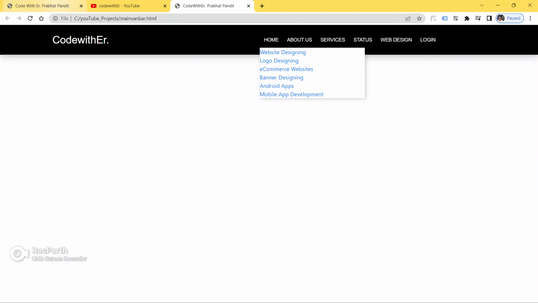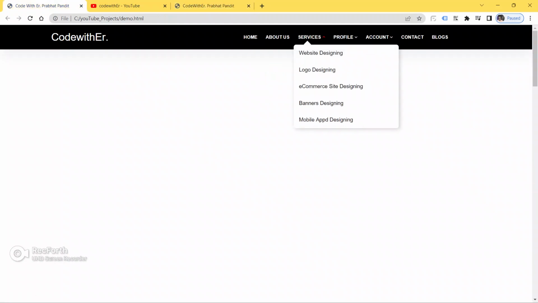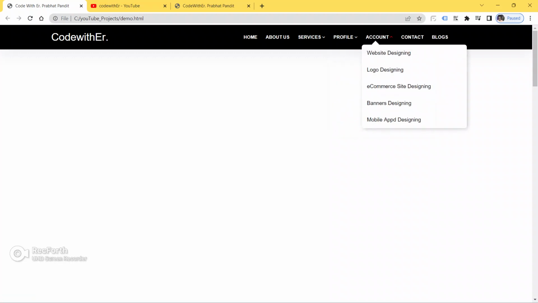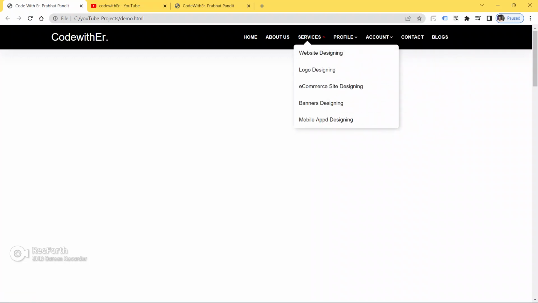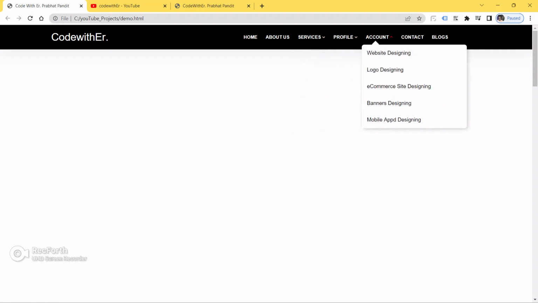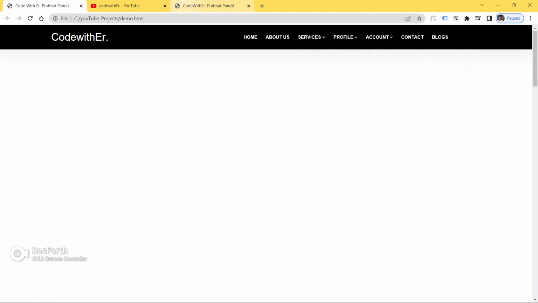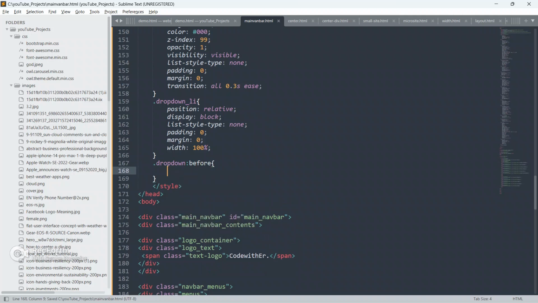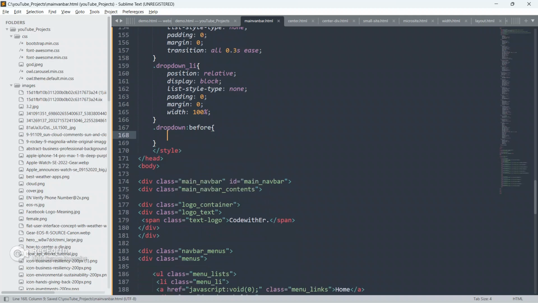We are going to use CSS pseudo classes before and after to create this rectangle, as you can see this point. It is pointing to services, it is pointing to profile, it is pointing to account. We are going to create it now, using before and after pseudo classes. So before,